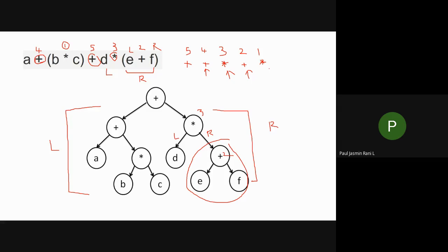Finally, I'm going to do this asterisk. This alone is left. I'm going to construct this asterisk where this asterisk is over here. For this asterisk, I have to construct the B and C. Okay, so this is how you have to do it for your infix expression. Yes, how many of you all got this expression tree?